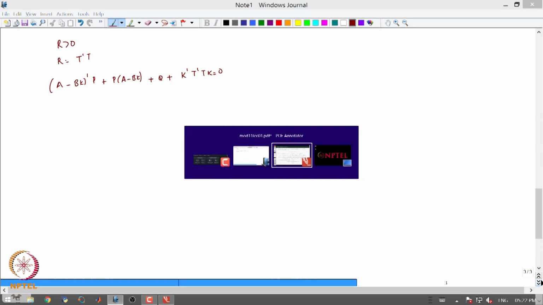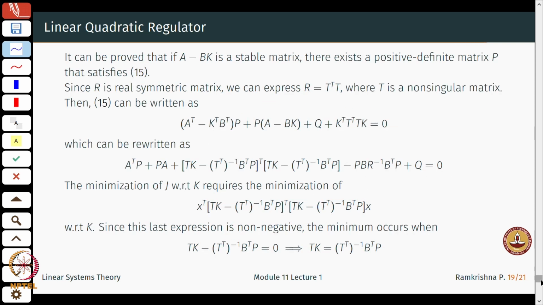Okay, so next what I do is I just write down from here till here. I'm just expanding terms, and the minimization of these terms, again with respect to K. So this is what I am finding. What is a good K? This requires that this particular quantity be the minimum. Once we have the last expression, the minimization of J with respect to K means we may have to minimize this term.